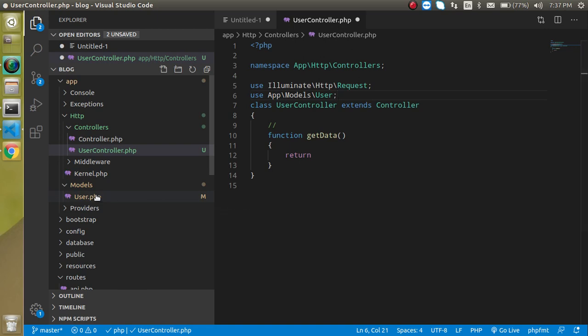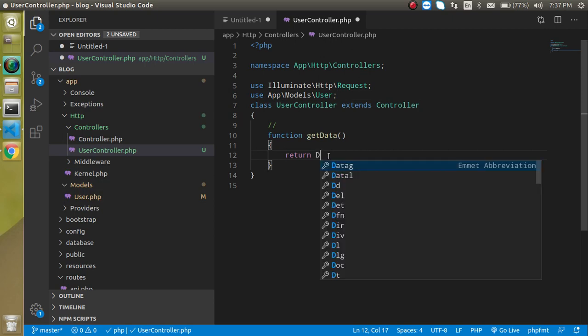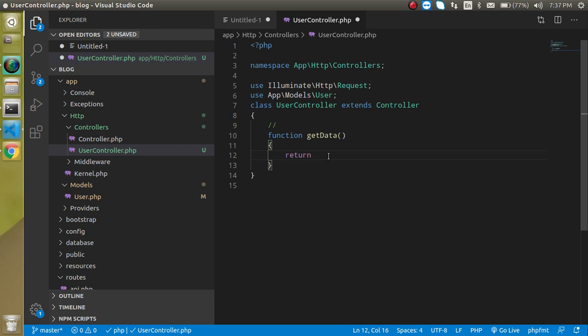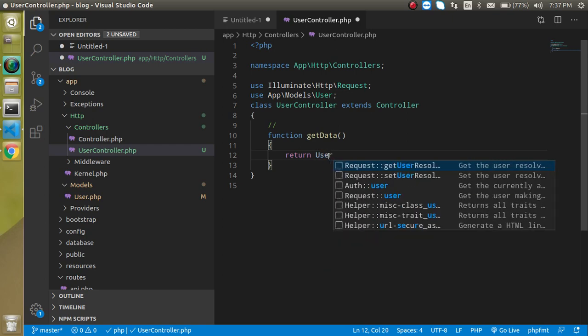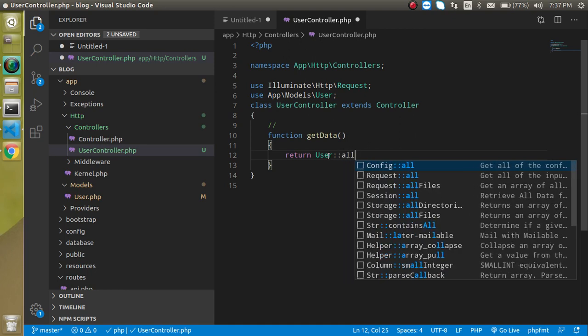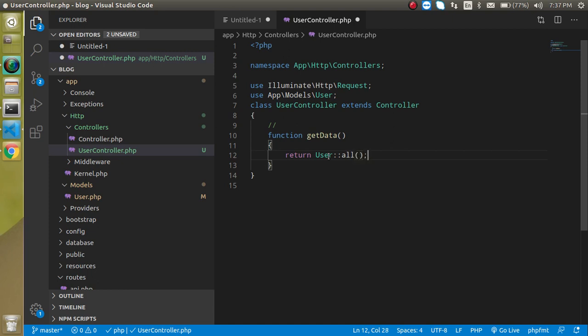You can check here that we have an app folder, then a models folder, and then User. And now just simply write User, colon colon, and whatever operation you want to do. For the moment I just want to fetch all the data, so just put here all, right?